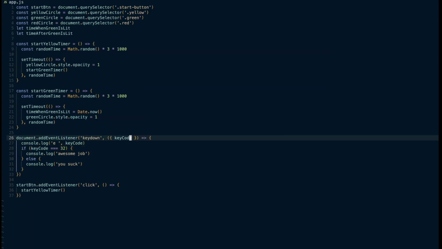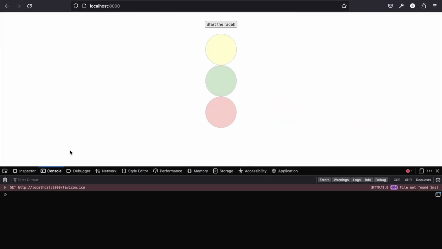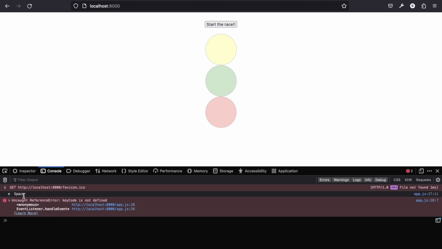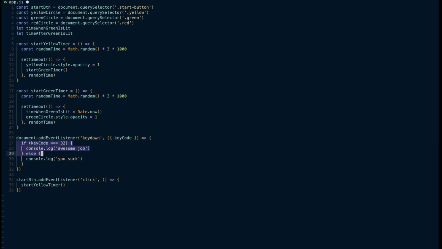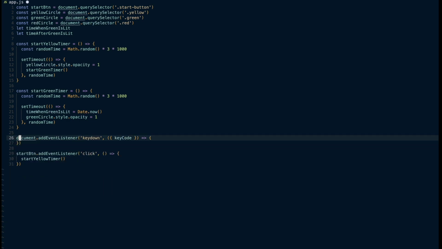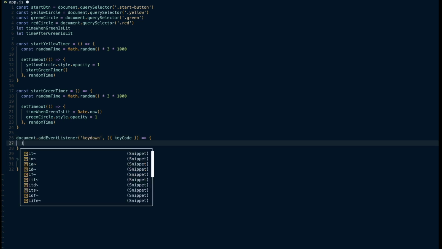Also, if we wanted to use the string, we could just do code, and then the if will break, but we'll see that we get that space, right? So that's a cool little trick. Again, I'm going to use keyCode, which is fine. And what we want to do is only if it's the spacebar. So if